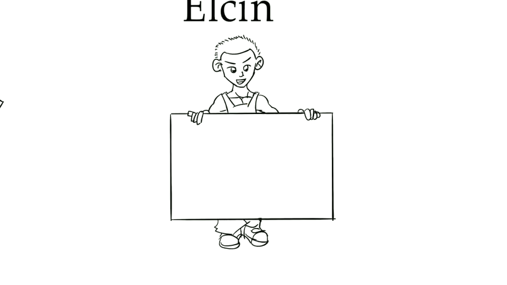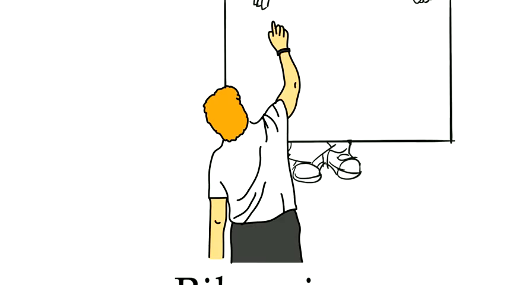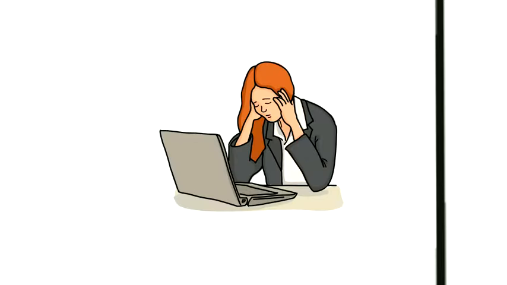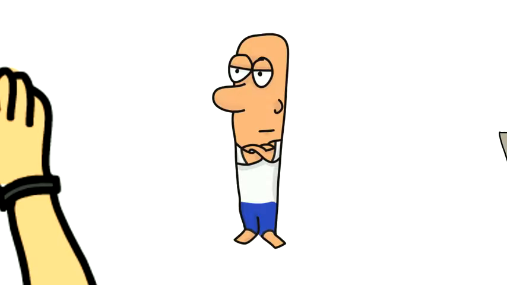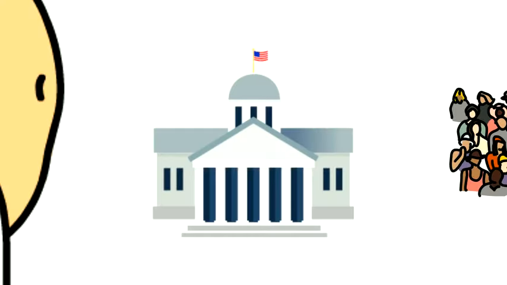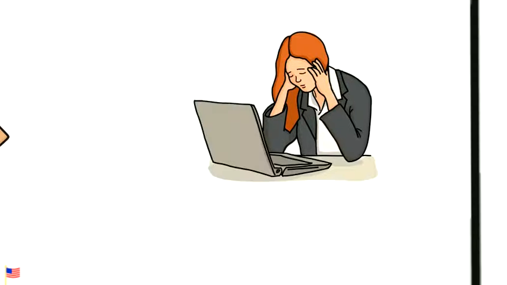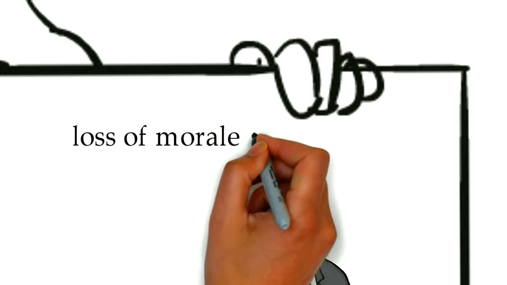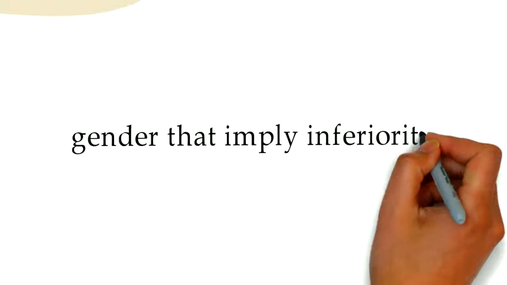As a result, many women at workplace are victims of discrimination. Gender discrimination makes people lose motivation and morale, which is necessary to perform their jobs effectively. It should be addressed by individuals, society, and government. All levels of social structure should take an active part in tackling this issue, because things that may lead to this loss of morale and motivation could include jokes about employees' gender that imply inferiority,